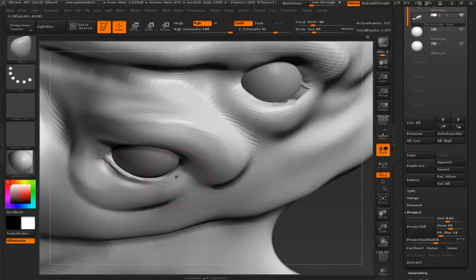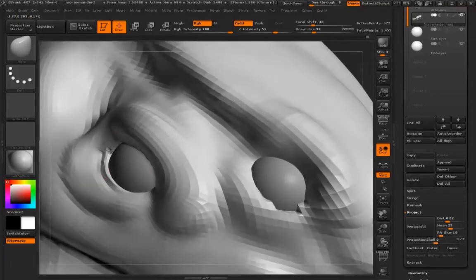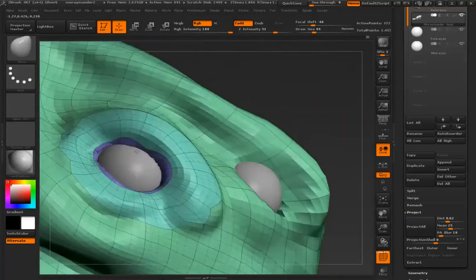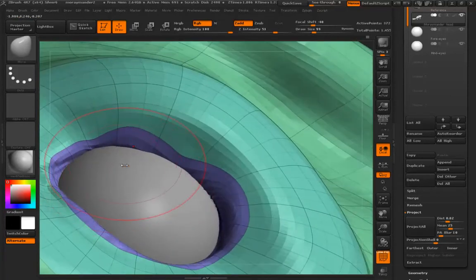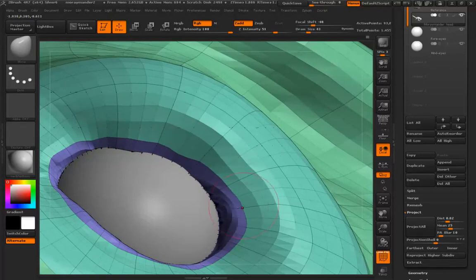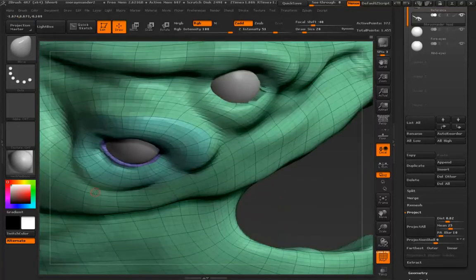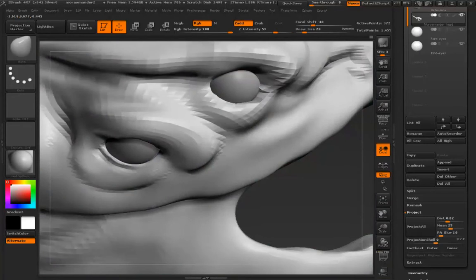All right. I ideally want this wrapping completely around the eye. I want the eyelid completely wrapping around. Got a little bit of wonkiness here. Let's go ahead and fix that. I want this edge to follow the ridge of the eyelid. All right, so without further noodling,